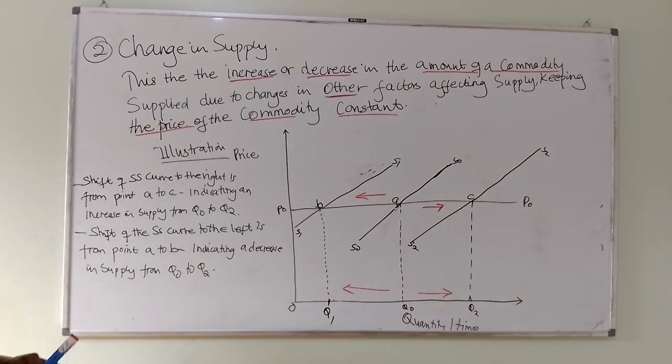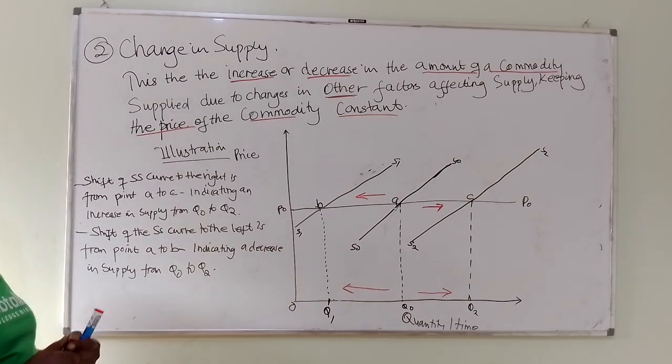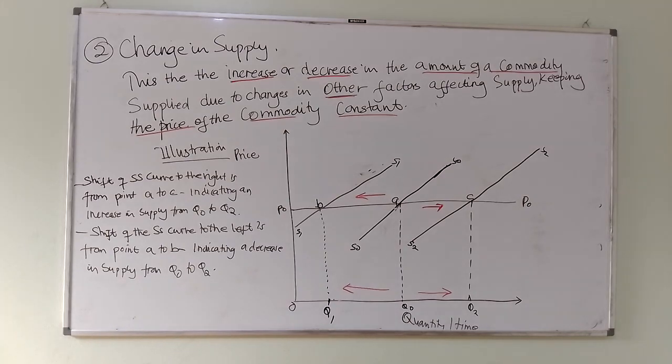And this may be unfavorable factors of production, political instability, unfavorable natural factors, an increase in the cost of production,